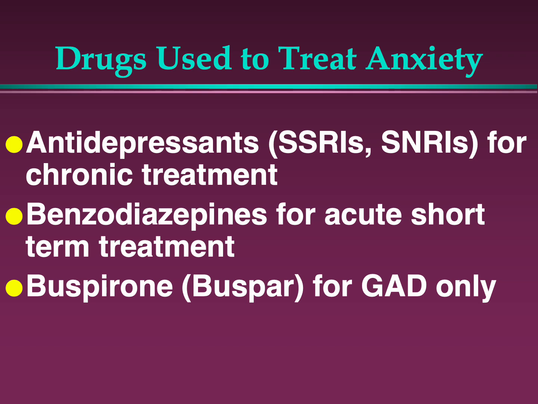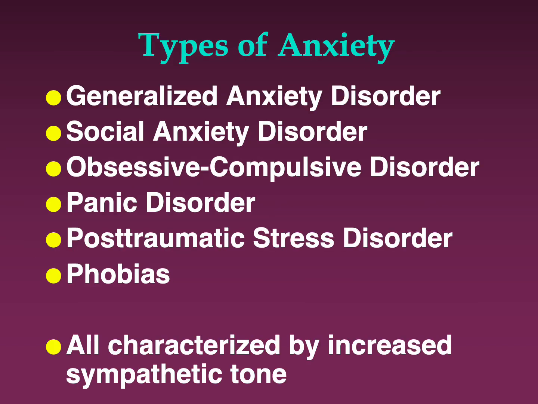You'll see on the next slide there are a variety of types of anxiety that we can define. A pretty common one is generalized anxiety disorder, which is defined by consistent worrying over and above what is a normal amount for a period of 6 months or longer. There's also, of course, social anxiety disorder, which, as the name suggests, is a fear of social interaction and talking to people and getting out into the public.